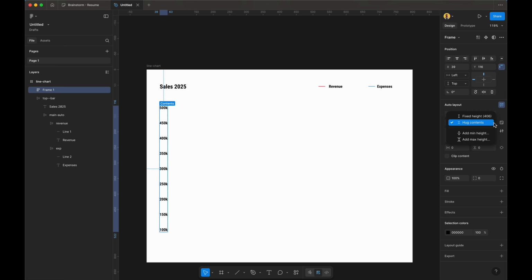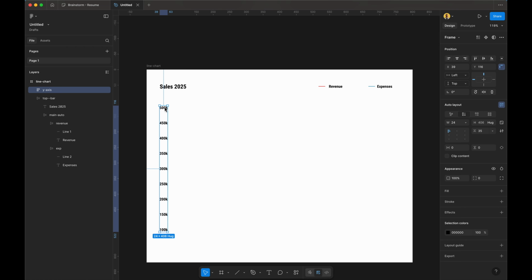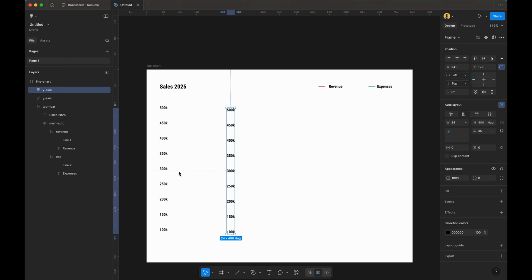Right now I'm not gonna mess with anything, so yeah, I'm gonna keep it as it is. So now we have the y axis here, and I'm just gonna select this one right here and Option and drag, and I'm gonna create another one, and this one is gonna be called the x-axis. Because we don't need to make another one, we can just change this one, and I'm gonna change the orientation